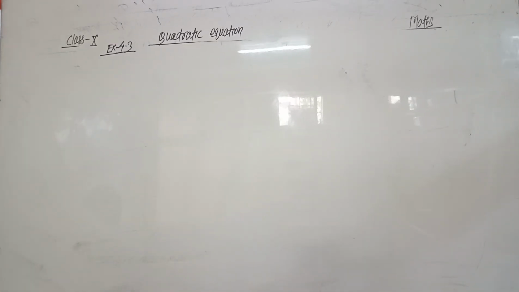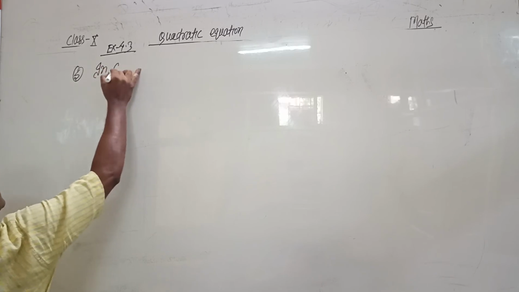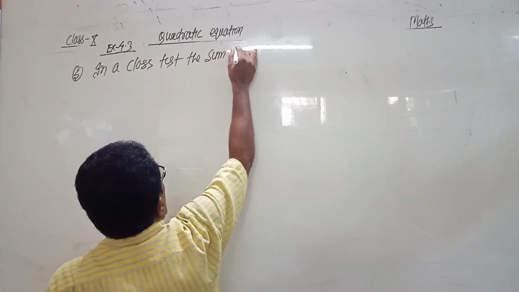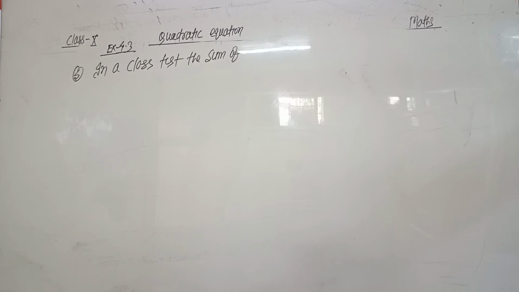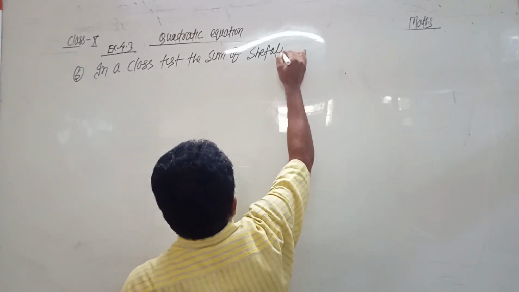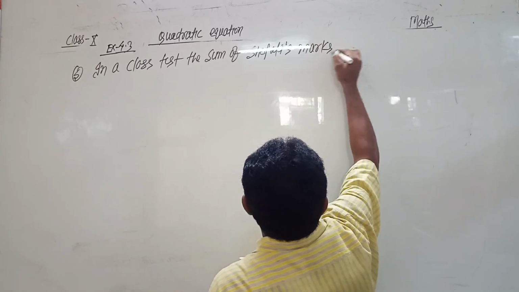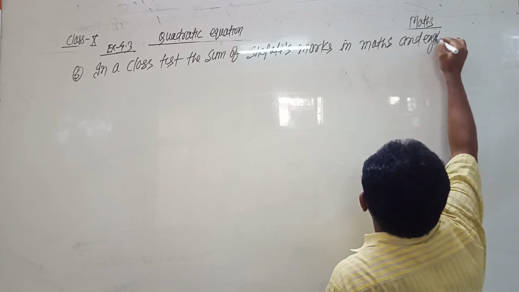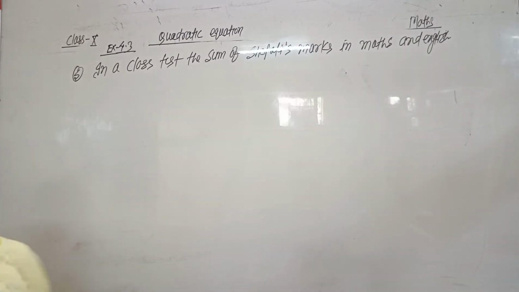Fifth question. In a class test, the sum of Shefali's marks in mathematics and English, the sum of the marks obtained in maths and English is 30. Had she got 2 marks more in mathematics